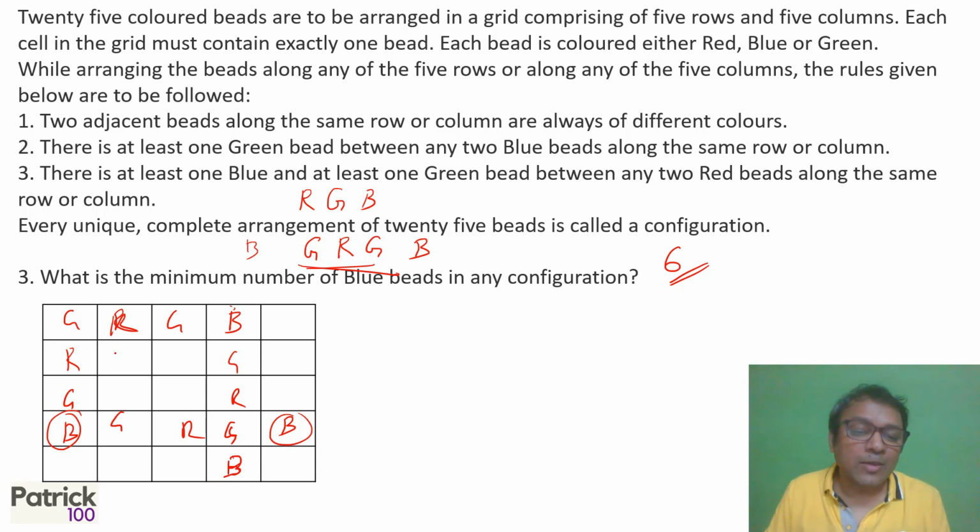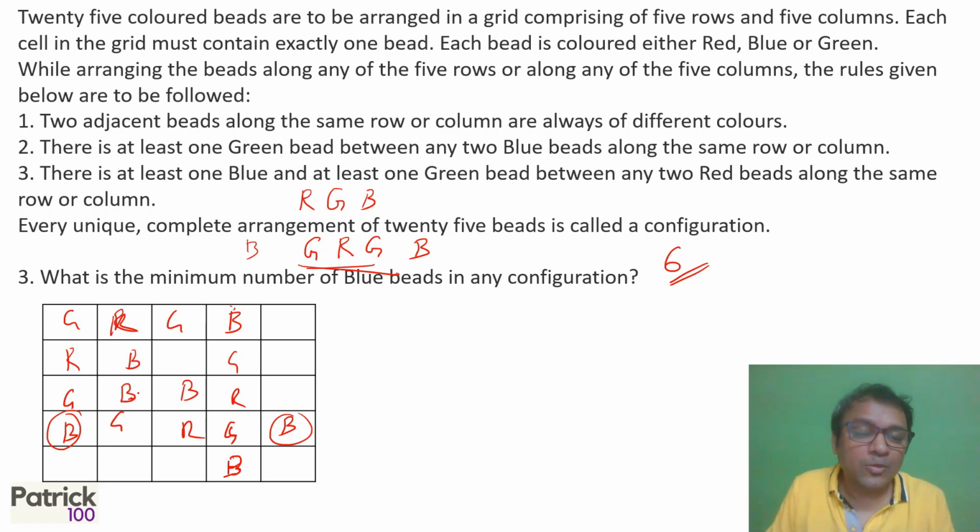You can see that you require one blue at least in each row. So I could maybe have a blue out here, okay, and then blue out here. So totally you'll see six blues. Put the other colors accordingly in between and you will get the answer. I'm not saying that this is the exact configuration, because out here then this will become red, but between two reds there is one green and one blue. So this technically is not possible. So in that case, I'll accordingly arrange and try to figure it out.